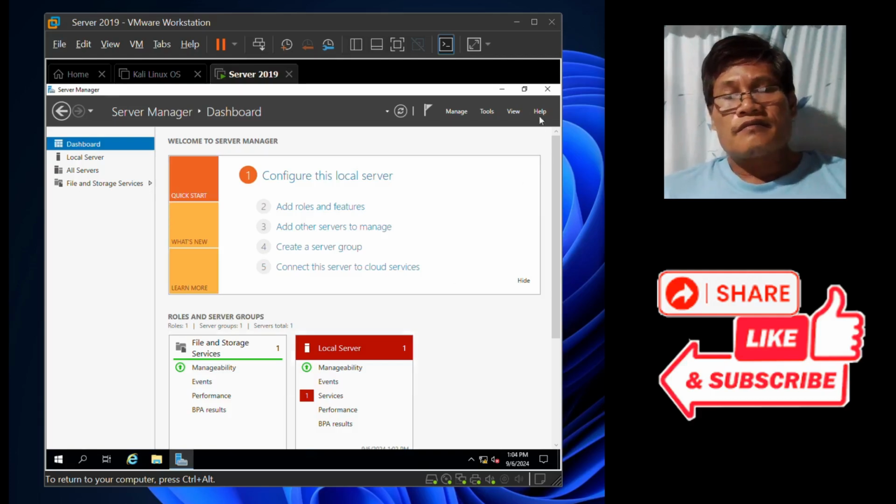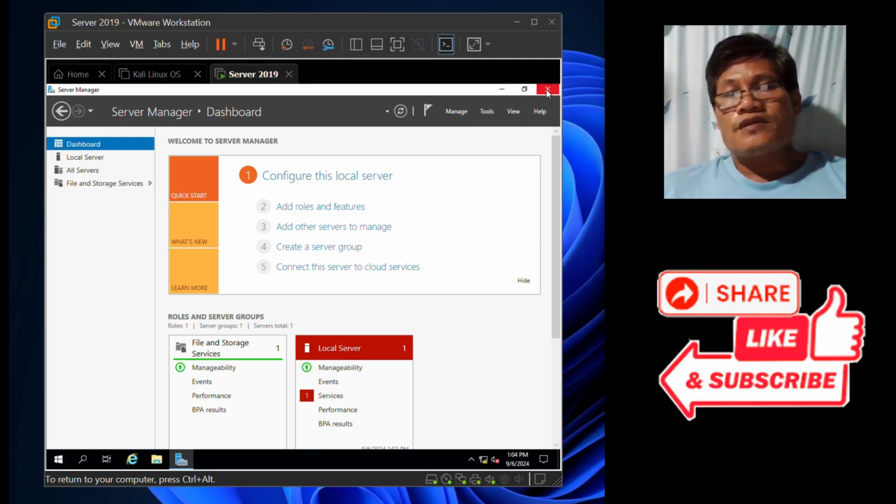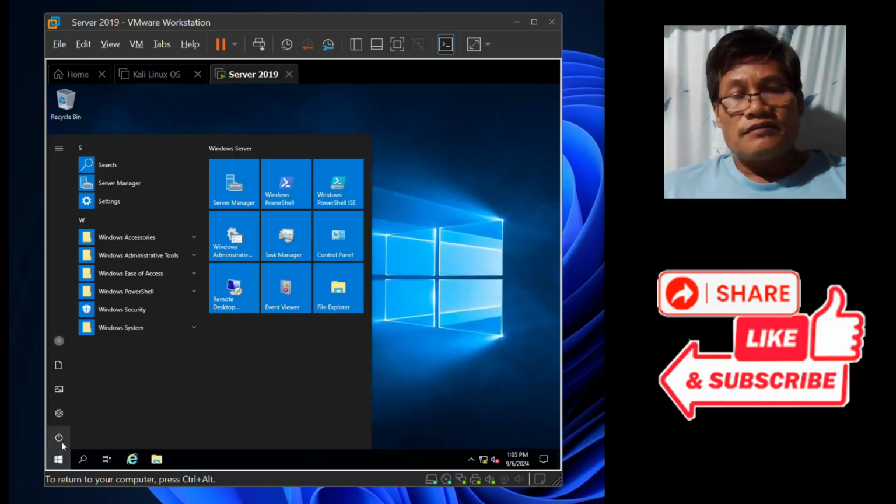So that is now your Windows Server 2019. So we'll just close the server manager. Then we'll go to the Windows logo, then click the power button and shut down.